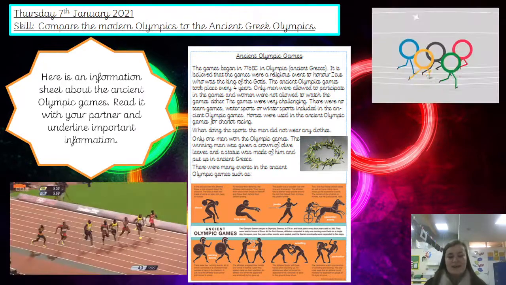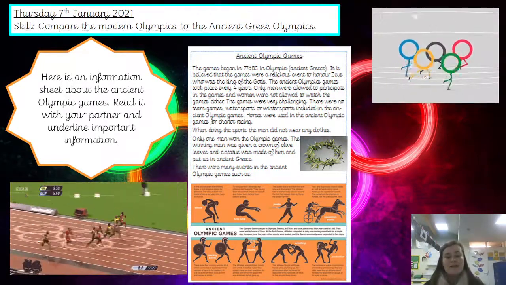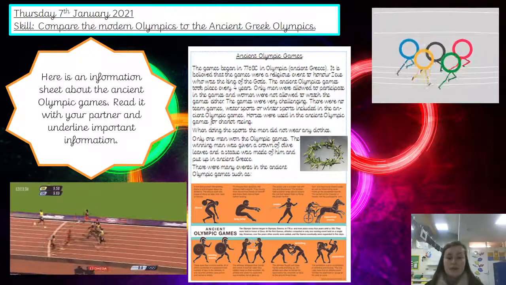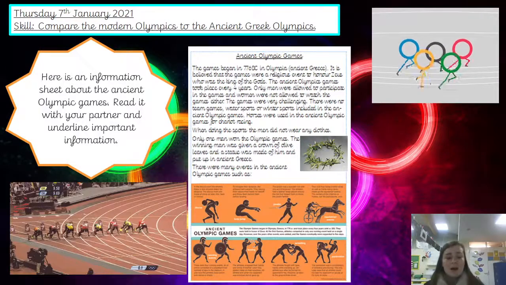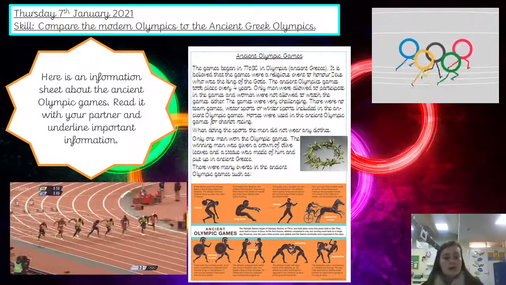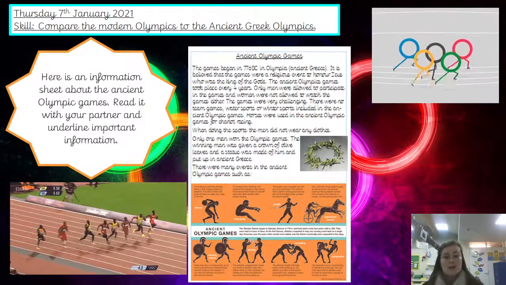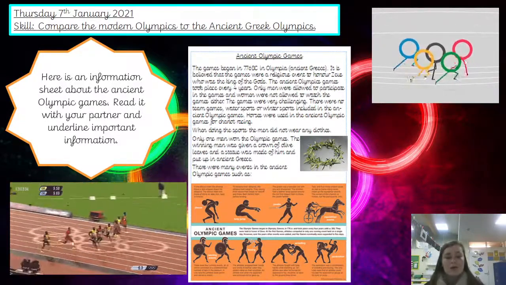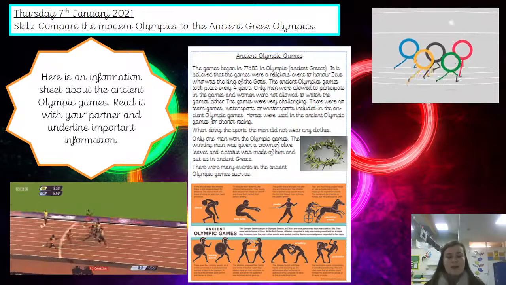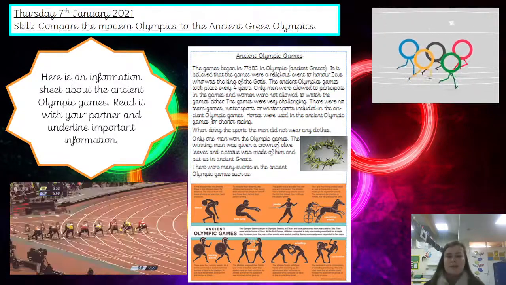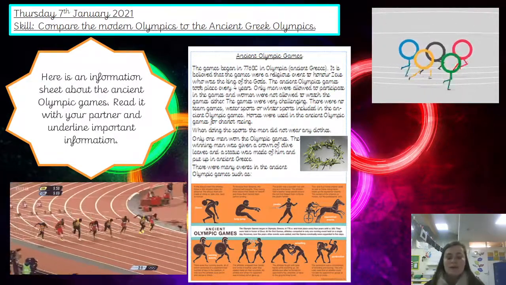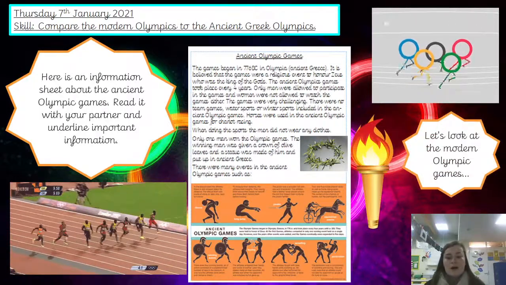So I'd like you, of course, to have a look through, and if you're at home and you're able to print it off, you can underline. If you are not able to print it off, you can either create a list of the facts that you've remembered, or just have a think about what you think was important about that. We will be writing more later on, so I'd maybe suggest that you just think about it for now. And then we are going to move on to the Olympic Games.